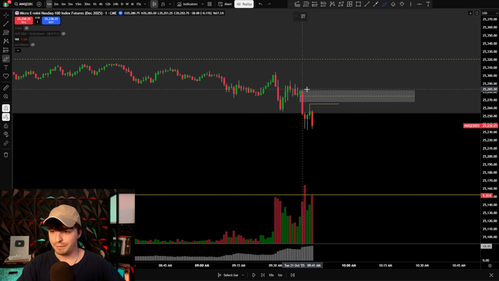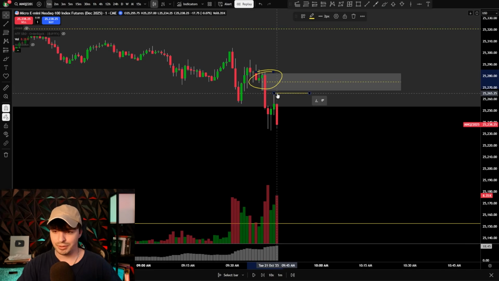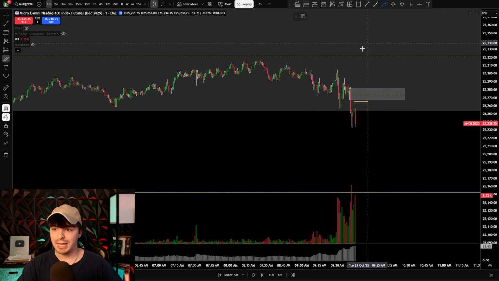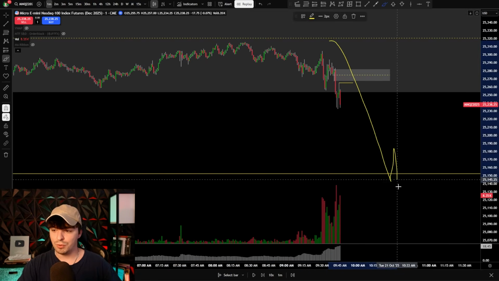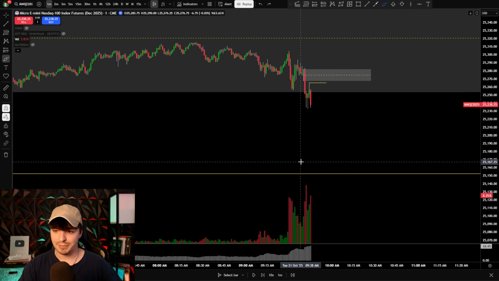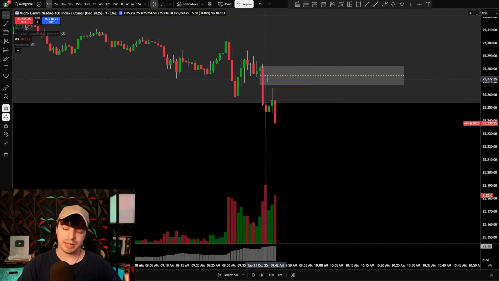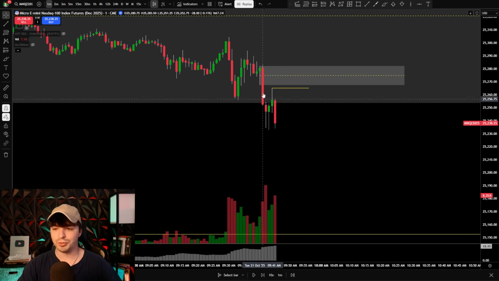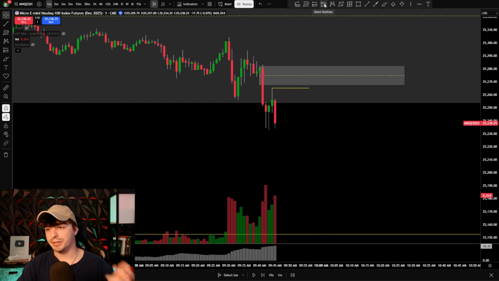I now have the intraday time frame giving me an area of imbalance with an area of liquidity, and so everything is aligning, right? We are rejecting a higher time frame level of supply, so we know that we want to go lower to the next level of demand or liquidity. And then on the intraday time frame, we're creating a bearish order zone, and it's the perfect setup, right? You're aligning both time frames. You're aligning the short-term trend with the long-term trend, and so this makes the trading so much easier, okay?